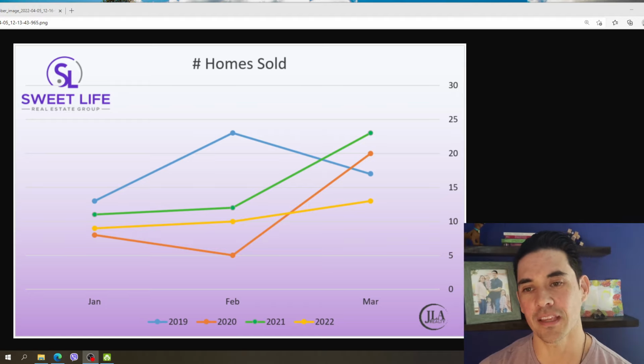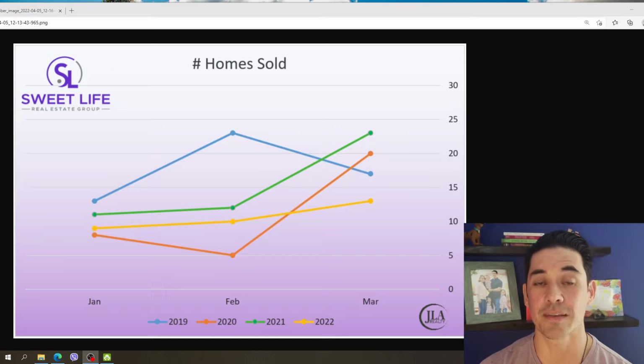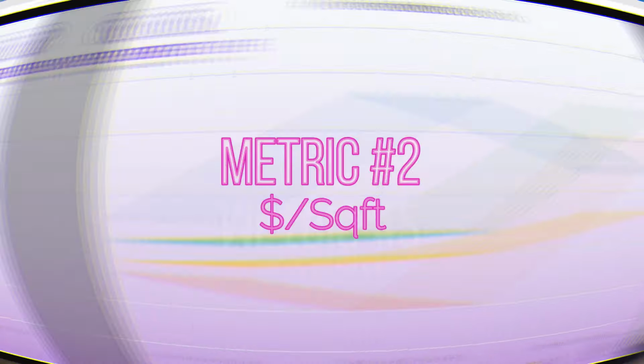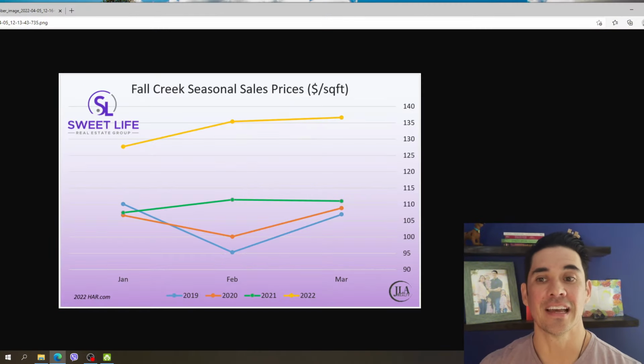And we compare that year over year. Again, there's a little bit of constriction. You can see the blue line there pulling back compared to how it was in same years or previous years in the same quarter, right? So that's homes sold. Jumping to the next metric, we have a very key indicator, and that is dollar per